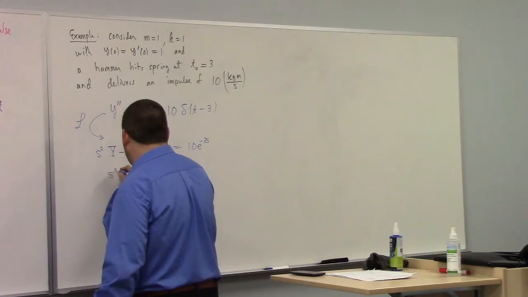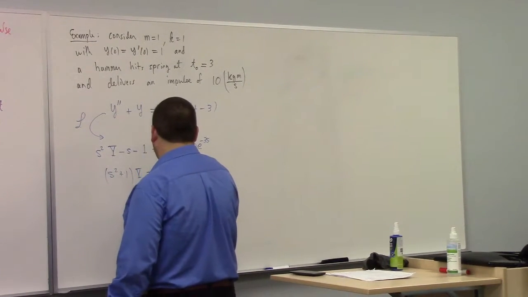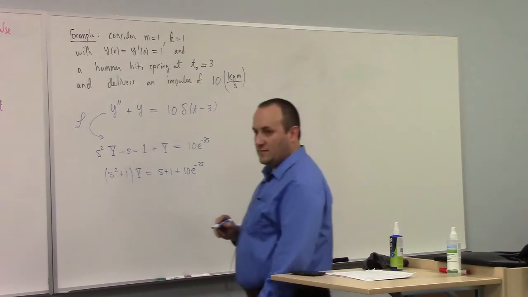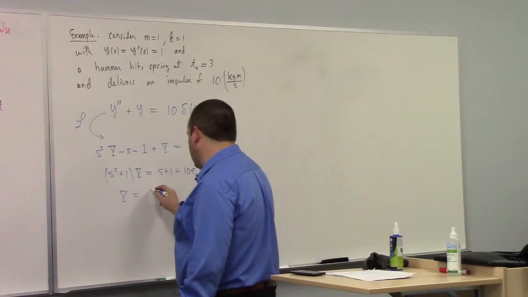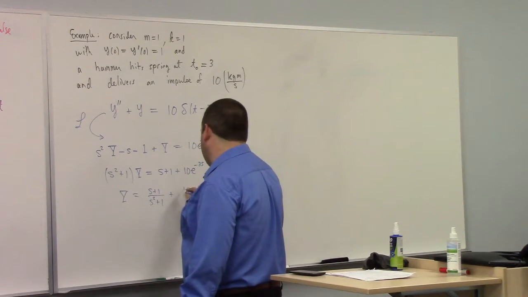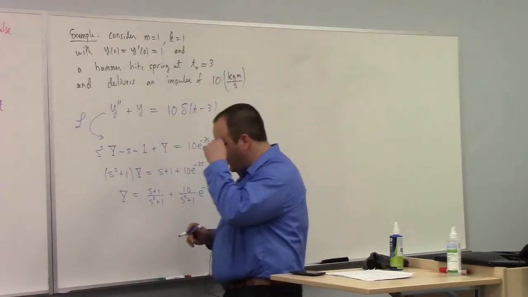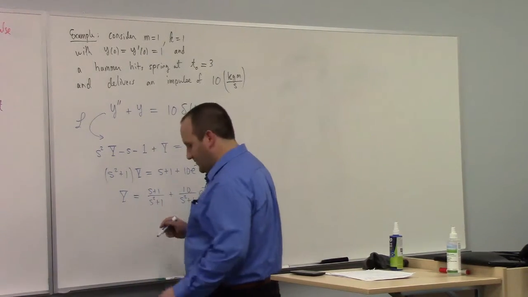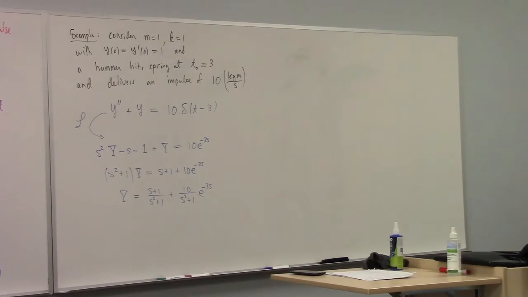So let's see here, s squared plus 1 times Y is equal to s plus 1 plus 10 e to the minus 3s, right? And so this gives us Y is equal to s plus 1 over s squared plus 1 plus 10 e to the minus 3s over s squared plus 1. Oh yes, my misgivings, my worry that I was going to surpass my calculational abilities for the day on this problem, vastly